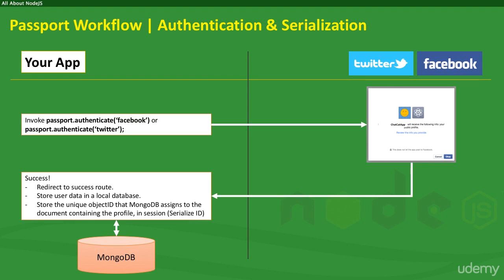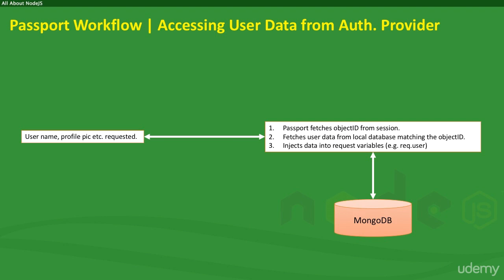Note that actual data is not stored in the session, but just a unique ID that is associated with that particular user profile. Whenever the app requests this user-centric data such as the username, profile pic, etc., Passport fetches the object ID from the session and uses that to query the local database, from where it fetches the user data and injects it into request variables, which can then be easily accessed and displayed on a page. Since request variables are available within route handlers owing to the request and response streams, this is extremely convenient and